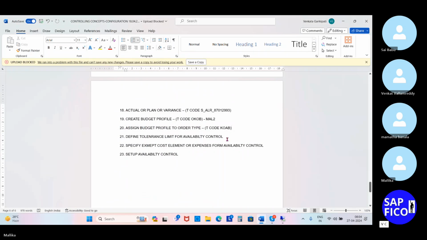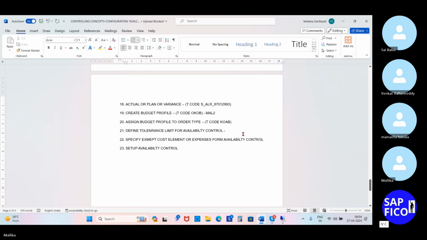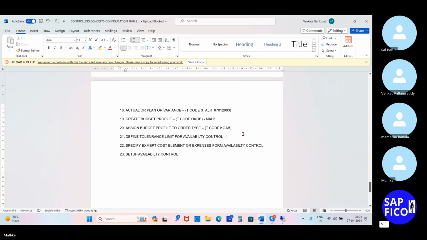Okay, so this data was saved. That is very important for all of you when it comes to the assignment of this. While we create the particular budget profile, it is asking for the tolerance limit for availability control. So for budget availability control, we need to set up the tolerance limits. Why? Because whatever budget profile amount you are giving should be matched with the internal